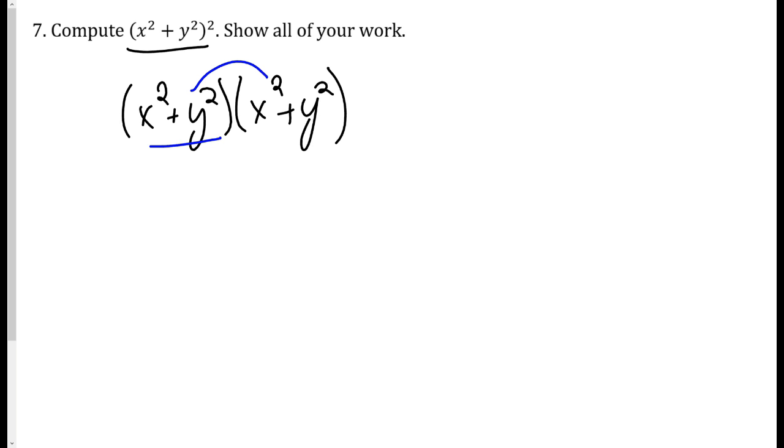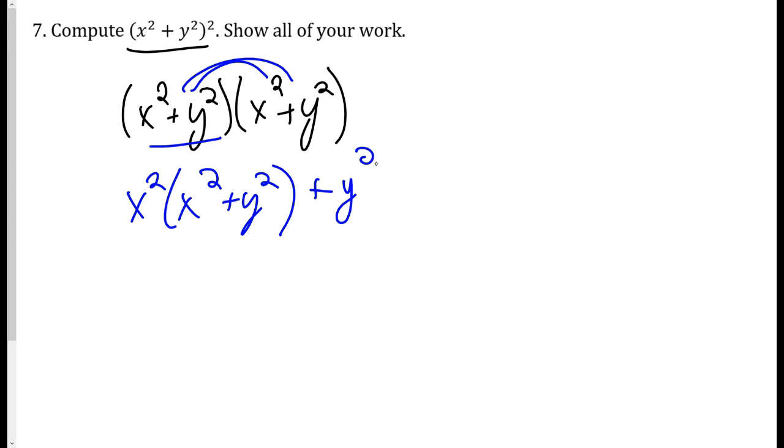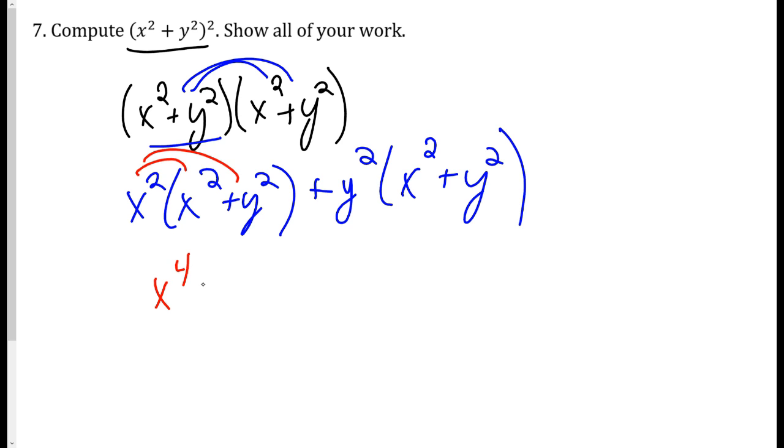You could do it with a table. So I'm doing x squared times that quantity plus y squared times that quantity. Now I'm going to use the distributive property 2 more times. X squared times x squared is x to the fourth. X squared times y squared is just, well, x squared y squared, plus x squared y squared, plus y to